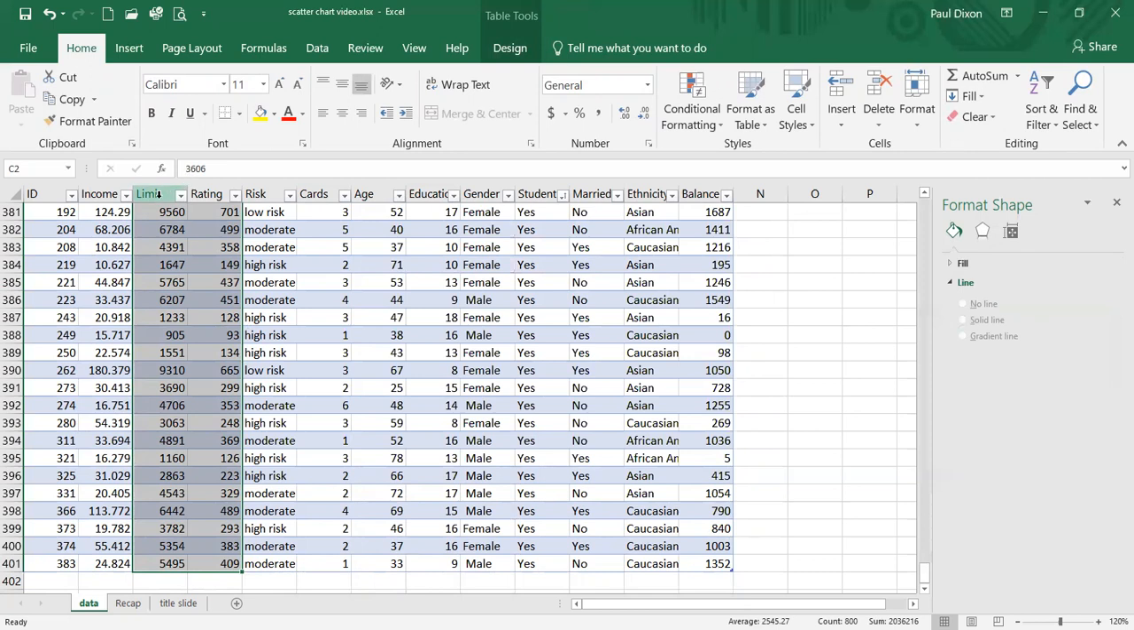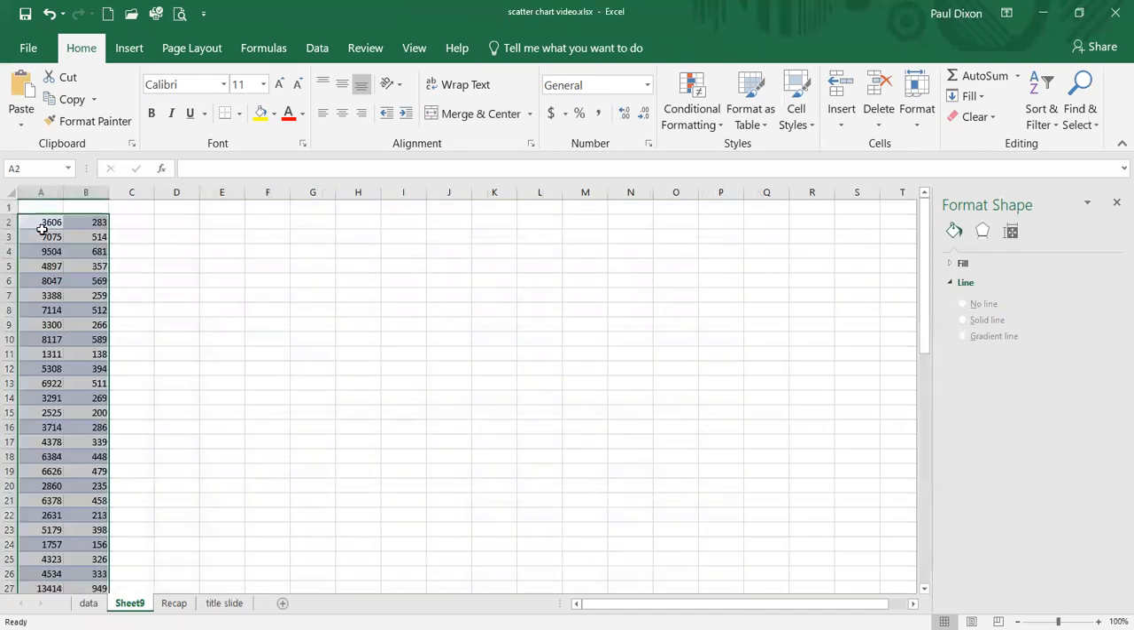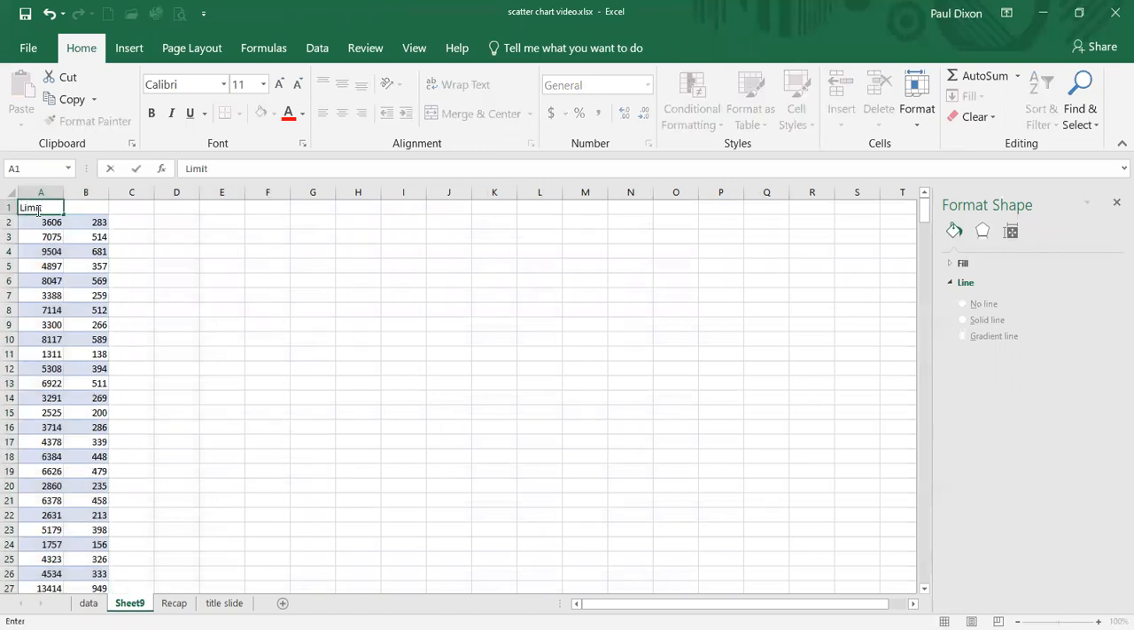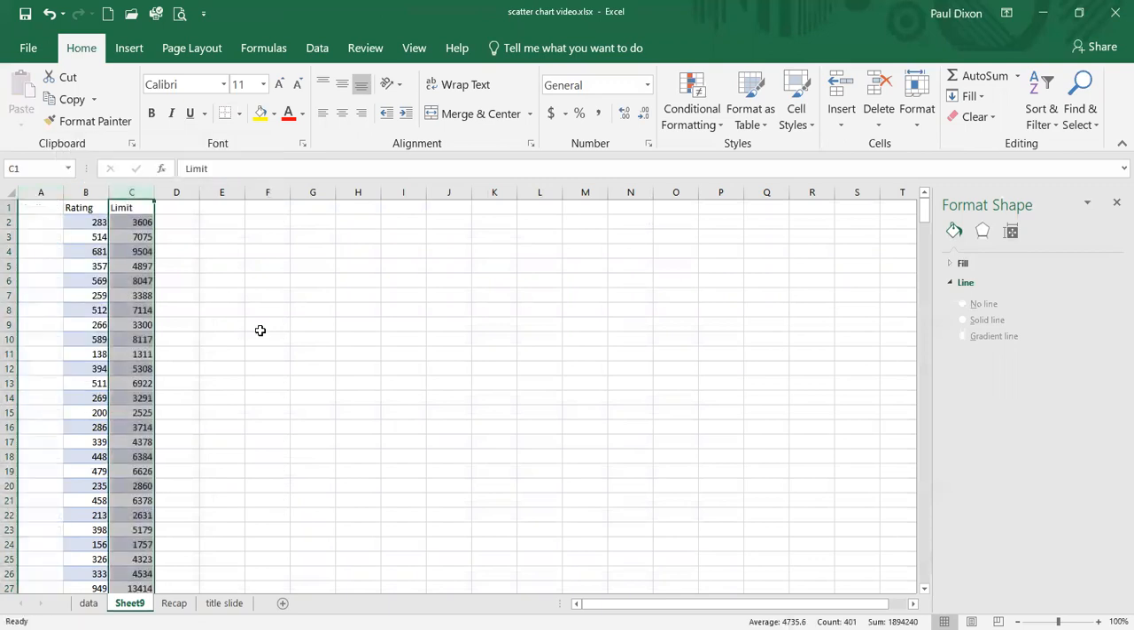So to get it the right way round, I would have to copy that data, put it in a new spot. I lost my labels. So this was limit. This was rating. So I remember what I've got, and I need to move them around. Okay, I'm gonna cut it out, paste it over here. There. Now if I grab the two of them,